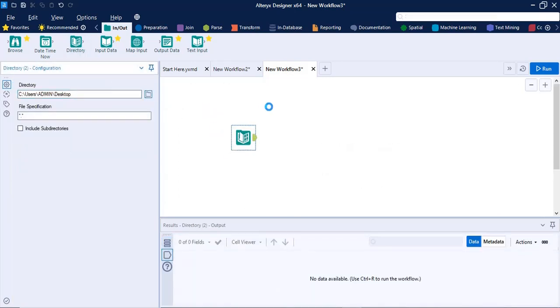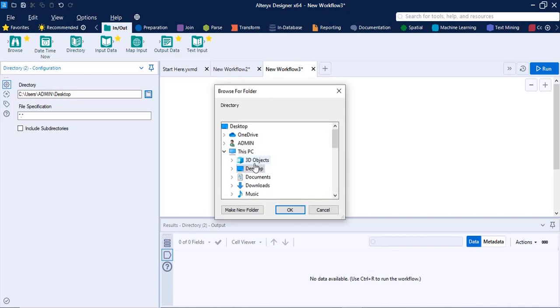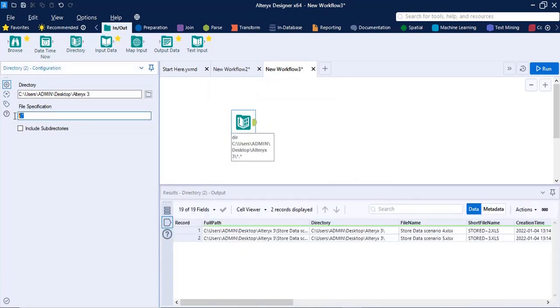We need to select the folder path. In this current folder we need to pass the item enumerator. Now I have .xlsx as my item enumerator.